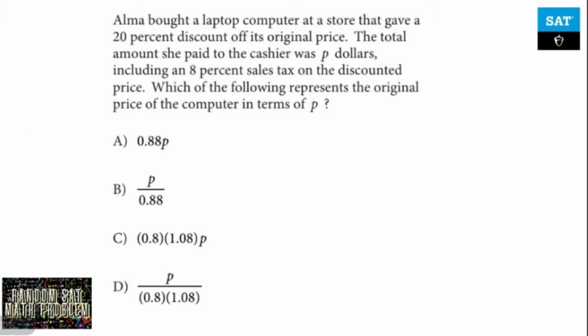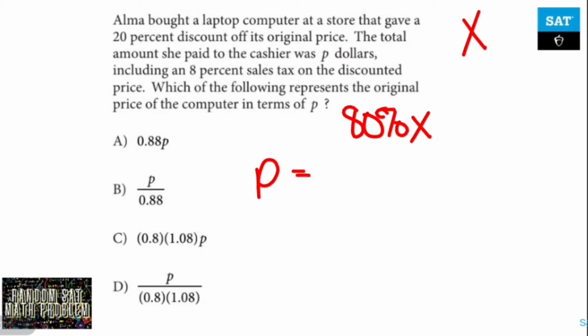So let's just say that the original price is x. If you buy something that's 20% off, you take away 20% of x, which leaves you with 80% of x. That's how much you pay. So we will say that the price we paid is going to be 0.8x. On top of that, you have to pay sales tax, which is 0.08, because 8% is 0.08